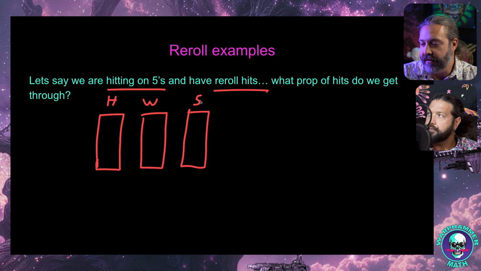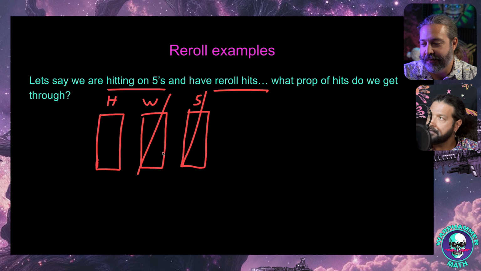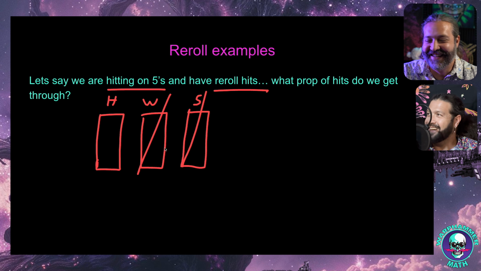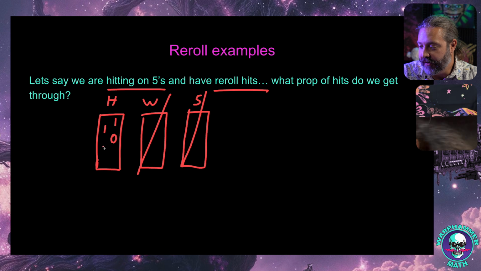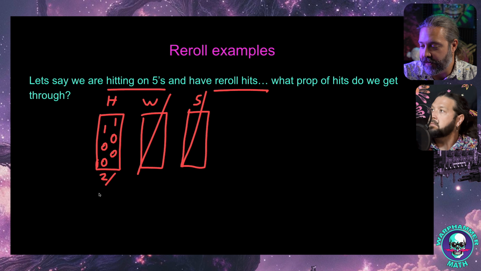Okay. So we don't care about our save column. That doesn't really matter. We don't really care about our wound column now that I'm thinking about it. So I guess I'm just putting that there so you don't get lost. All right. So we're hitting on 5s. So 1, 1. Our other 4 values give us nothing, which means we're going to hit 2/6 of the time,